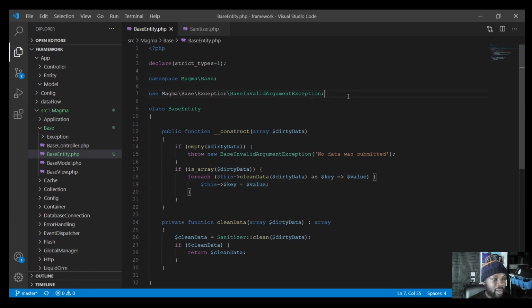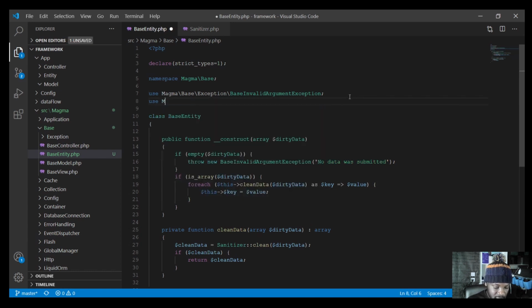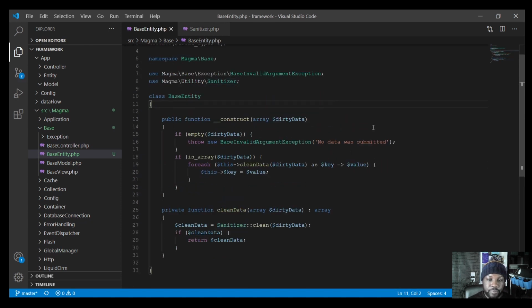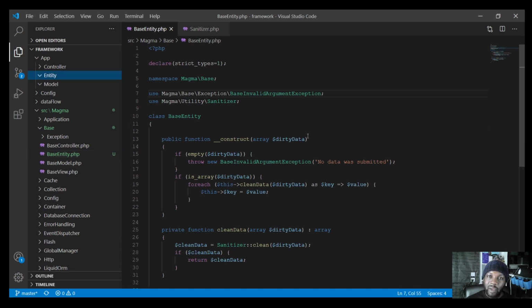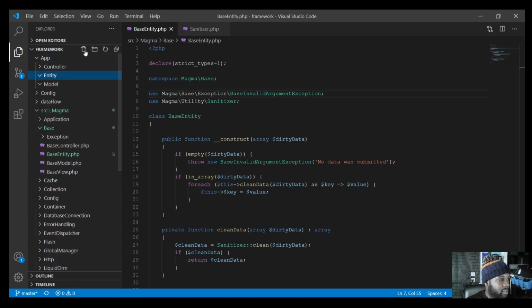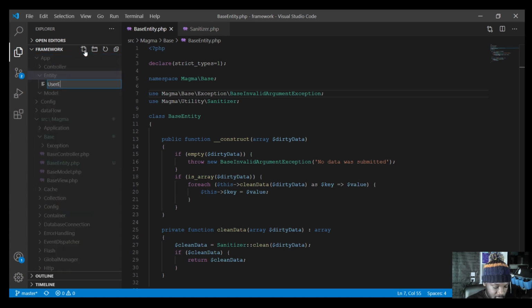So we need to bring that class in. So we use magma utility, and it's going to be sanitizer, which is what we're using down here, right? So now we're going to go and create our first entity class. I'll just pretend it's a user class, right? So I'm going to say, where have you gone? Say user entity